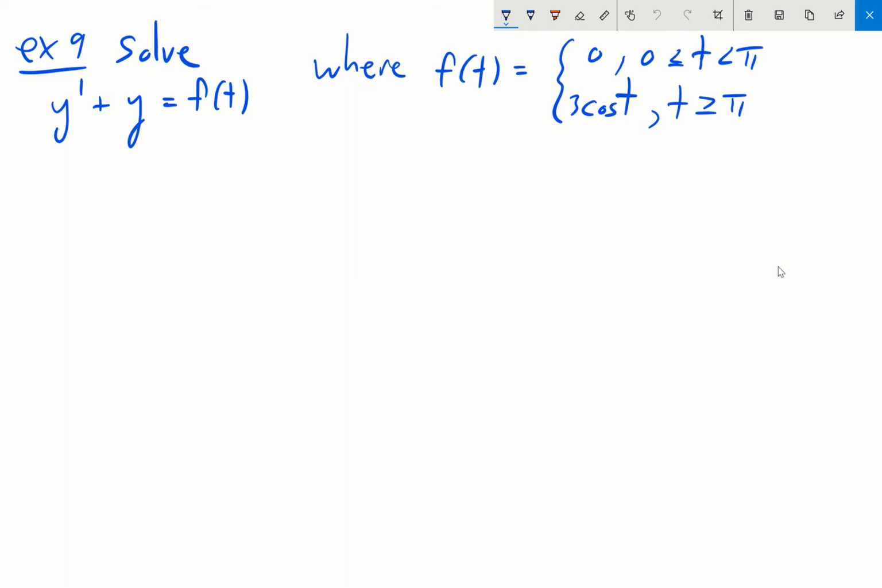We'll finish section 7.3 by solving the following differential equation. Let's solve y prime plus y equals f of t, where f of t is defined by the piecewise defined function 0 when t is between 0 and pi, and 3 cosine of t when t is greater than or equal to pi. For a problem like this, usually we would begin by finding the Laplace transform of both sides,